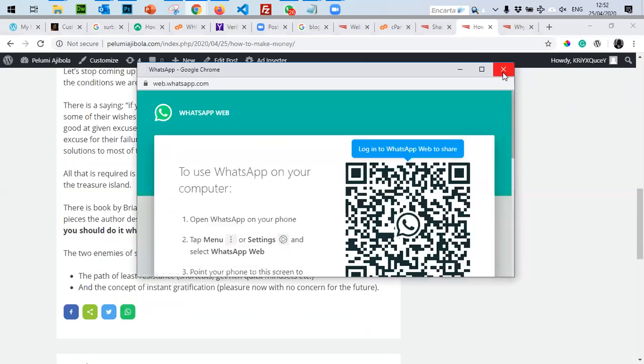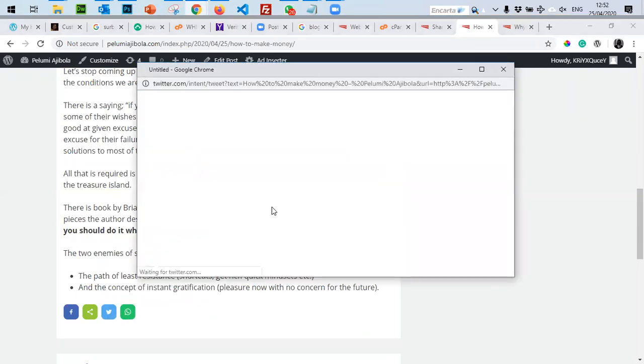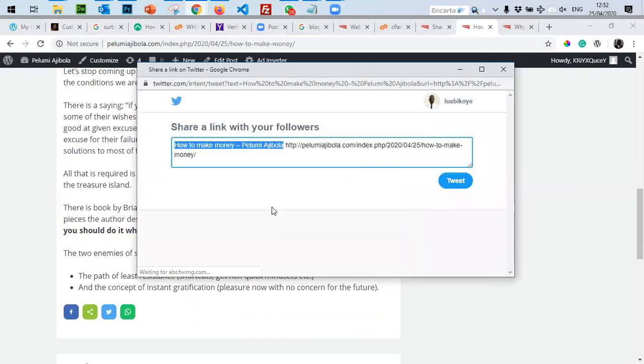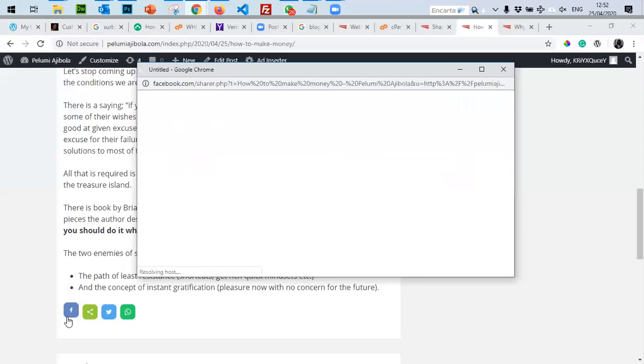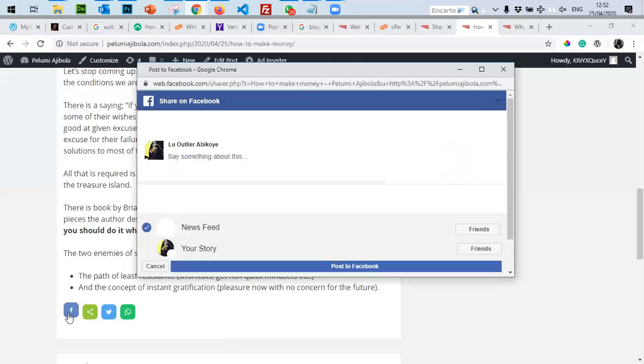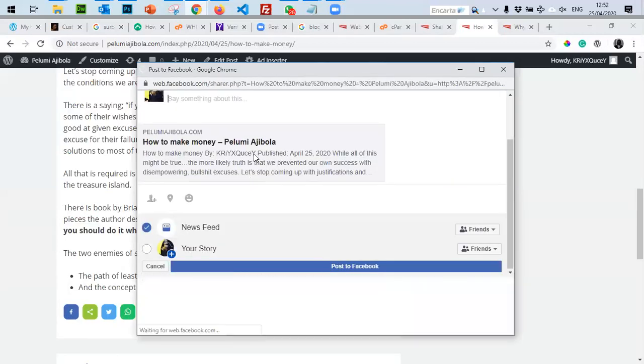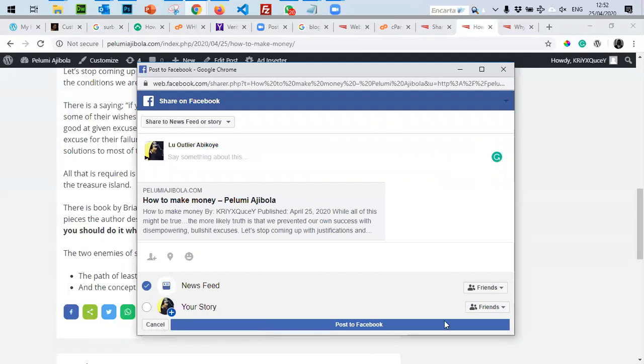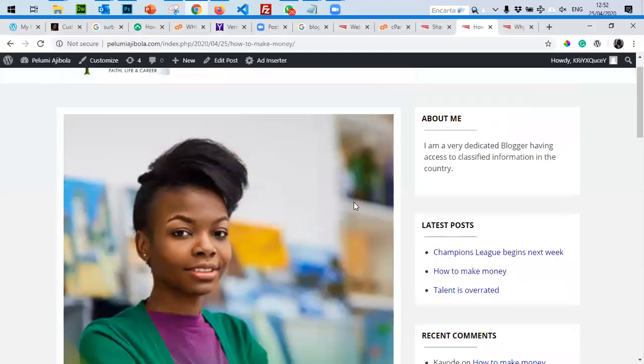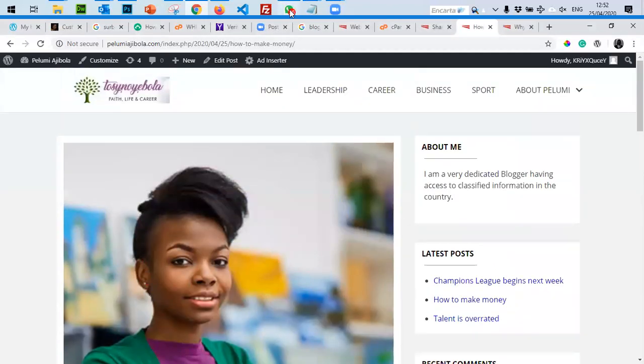I can share it on Twitter, and it takes the topic with the exact URL. I can share this right up on Facebook. It picks all the elements that the write-up contains and gives you the liberty to post on those platforms.